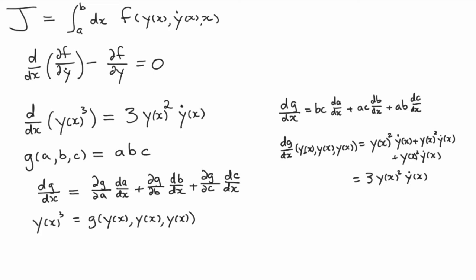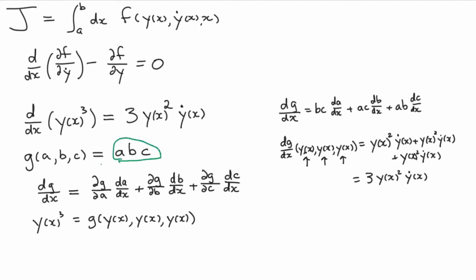Now it's entirely unsurprising that we get the same answer. After all, we took the derivative of y cubed in each case. But you'll note that when we did it through g, we effectively took the derivative with respect to y, and then we did it again, and then we did it again. And that's an extreme example of what we did before. So each of those three slots had a y in it, and so it's exactly the same thing, and they were completely not independent. However, if you look at the definition of g in terms of a, b, and c,